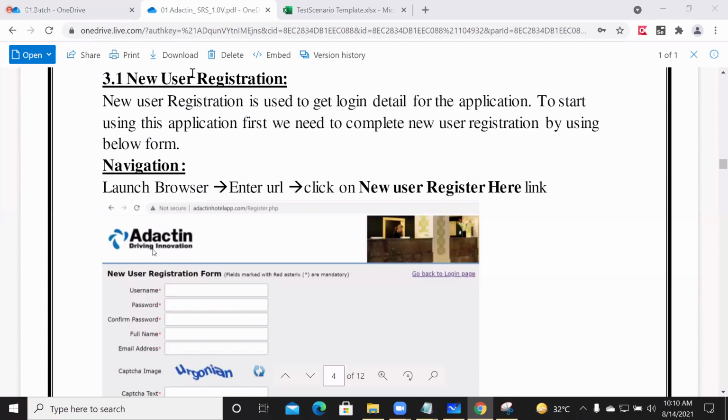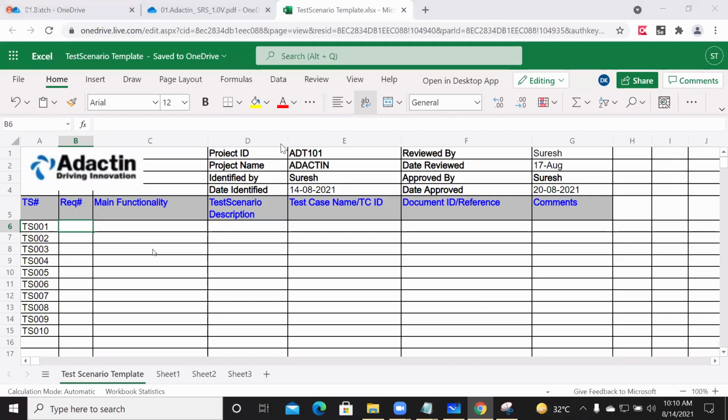Let's see that. Now, requirement number 3.1. I'm providing the requirement number as 3.1.